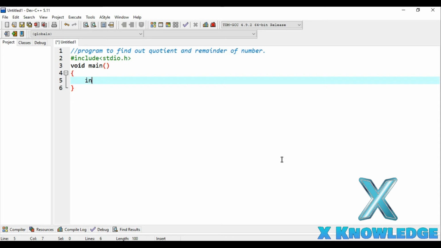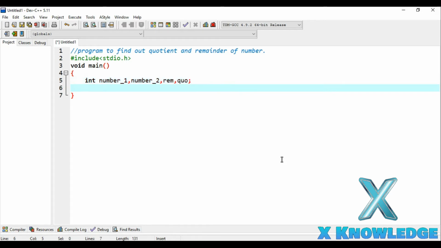So let's do this. int number1 and number2 and remainder rem and quotient q.